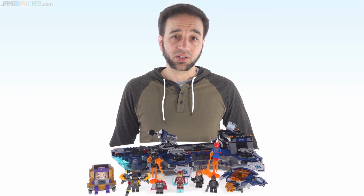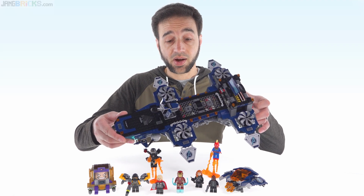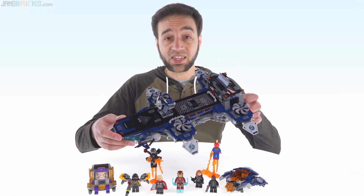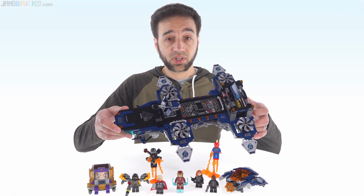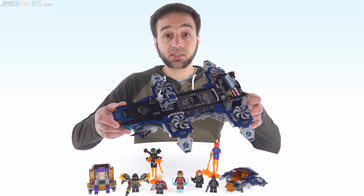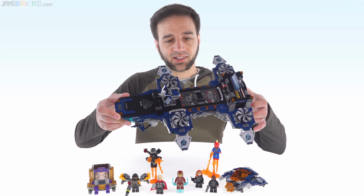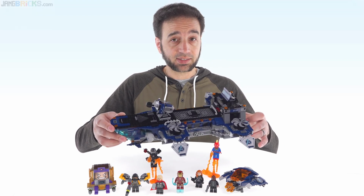Hey everyone, I'm here to give you a closer look at the latest LEGO Marvel Avengers Helicarrier. This set has a number of key advantages over previous Helicarrier efforts from LEGO. For instance, unlike the first one that had Helicarrier in the name, this is a whole Helicarrier. And unlike the last one, this is a minifig focused set, and it doesn't cost